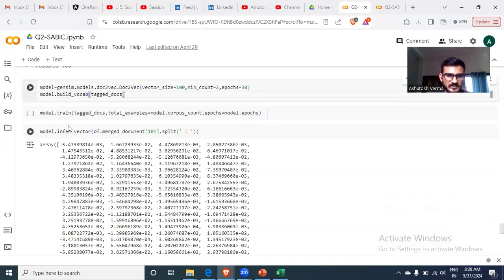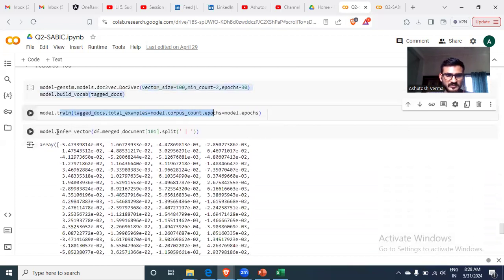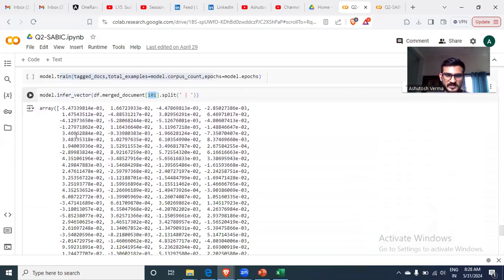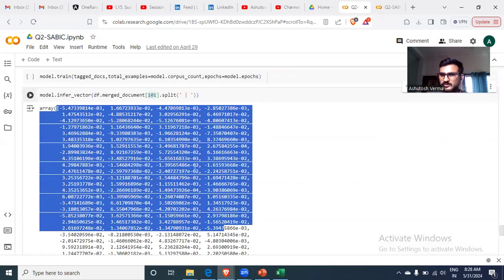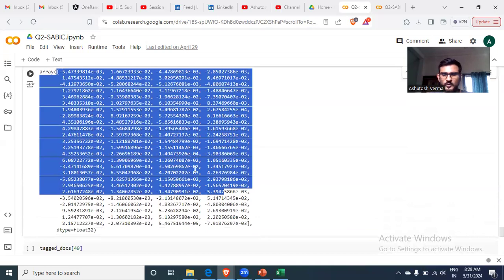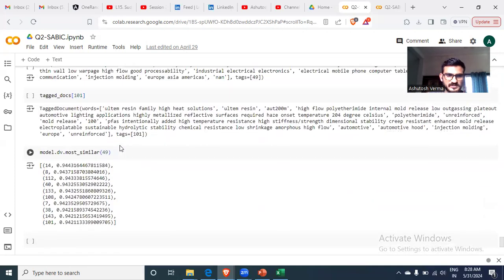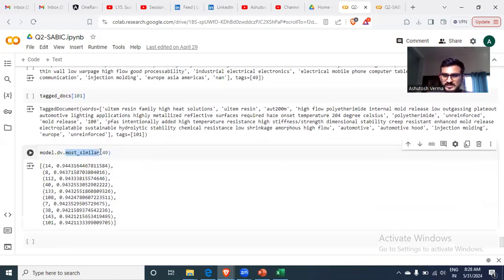Okay. So let's look at this. I made the feature vector size 200, again training the model. And then if we want to look at this 101 document, what its vector looks like. So its vector looks like this. This time we have 100 coordinates to represent one document, right? Now, if we look at this, we are looking for most similar